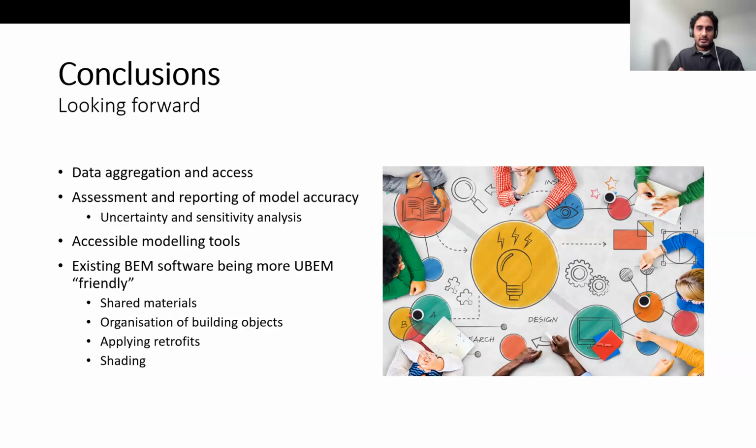Reporting of model accuracy is very important, and having uncertainties in a model is certainly not a sign of poor research methods. It's rather an inevitable consequence of us trying to model the world around us. So reporting uncertainties in a transparent manner is important for understanding the implications of reported results. Also, with modeling tools, licensing fees can be prohibitive for many researchers around the world. So it's important that all communities have access to these tools, and that these licensing fees are not prohibitive for this research to be done globally.